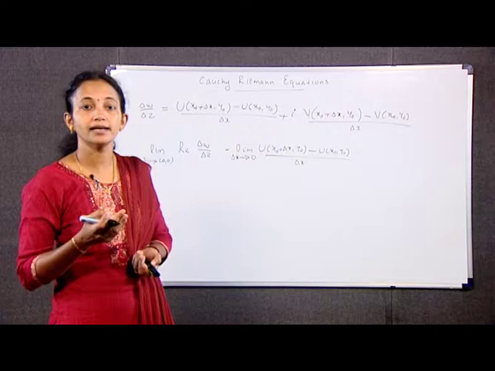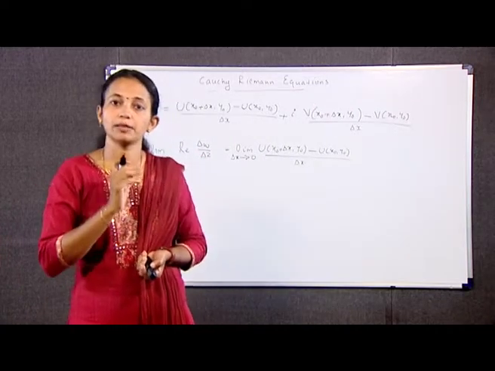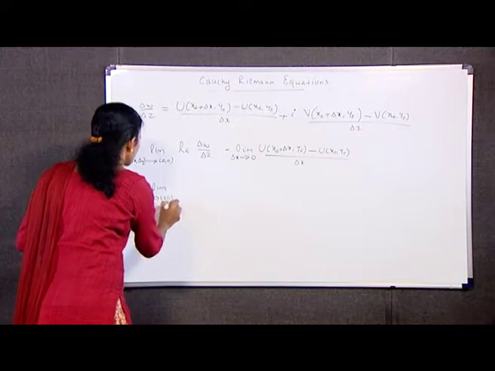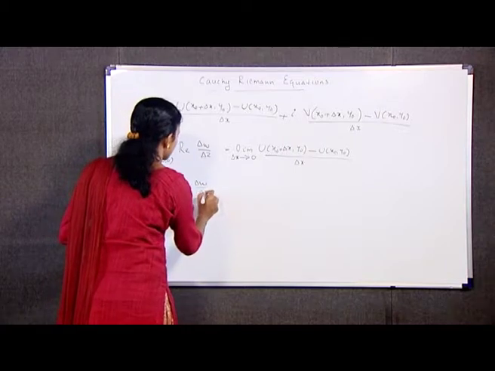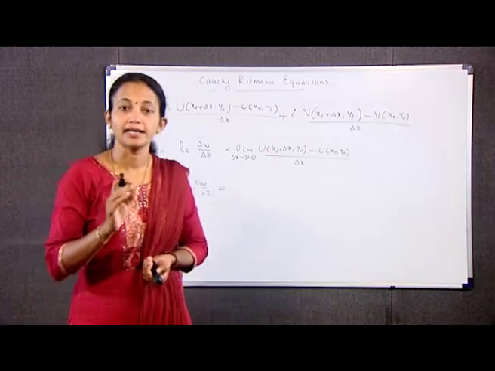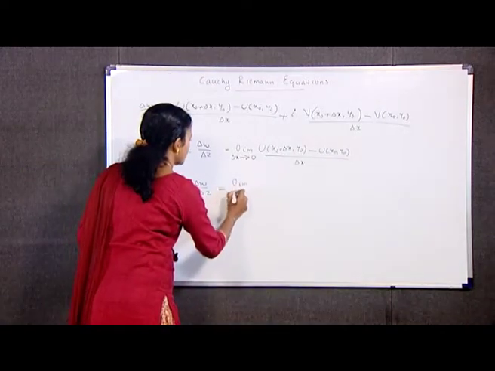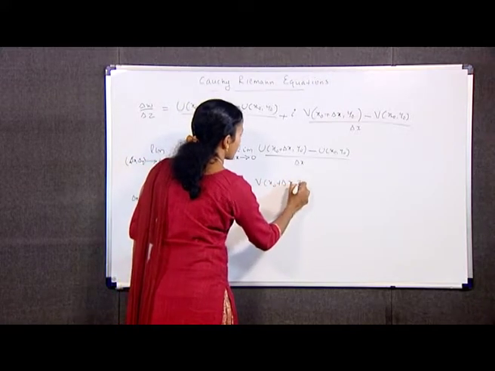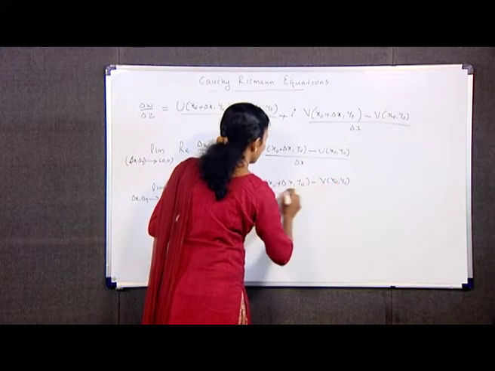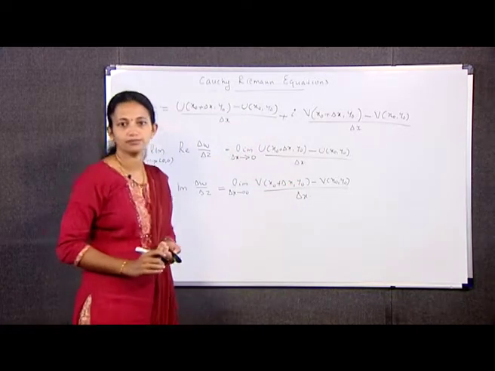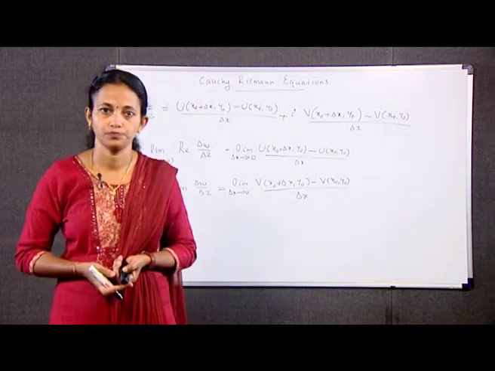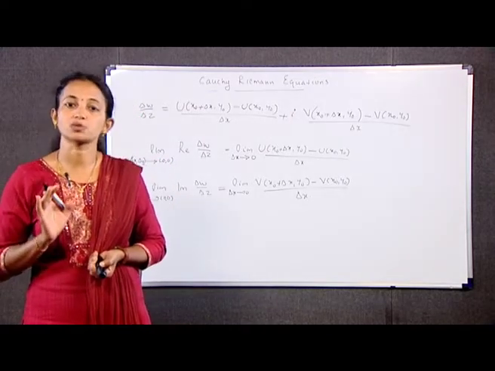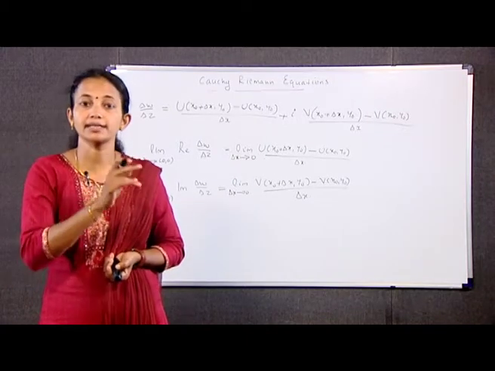And again, the limit as delta x, delta y tend to 0, 0 of the imaginary part of delta w by delta z becomes the limit as delta x tends to 0 of [v(x0 + delta x, y0) - v(x0, y0)] by delta x, which is equal to vx(x0, y0), where ux(x0, y0) and vx(x0, y0) denote the first order partial derivatives with respect to x of the functions u and v respectively at x0, y0.